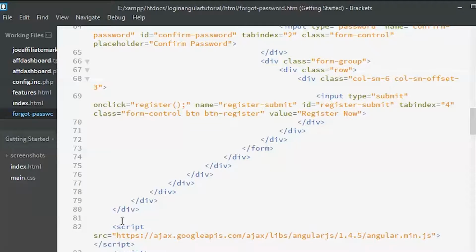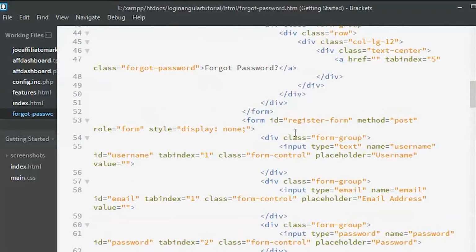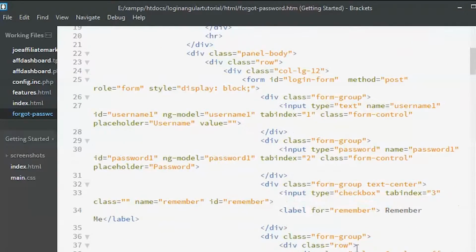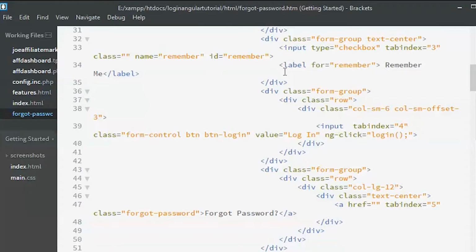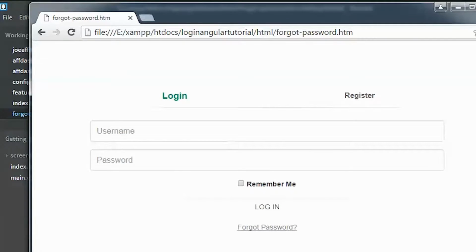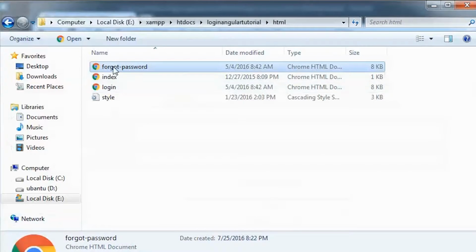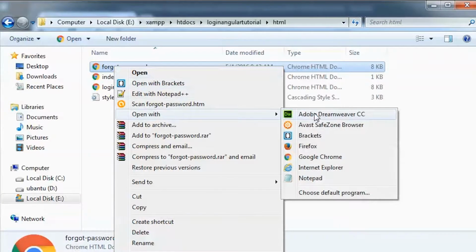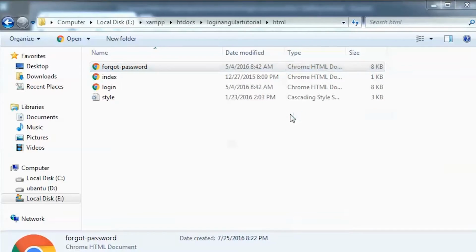I just need one text box, so I'm going to delete all the unnecessary text boxes. You can open this same file in Dreamweaver, because Dreamweaver will help you know what you're designing.